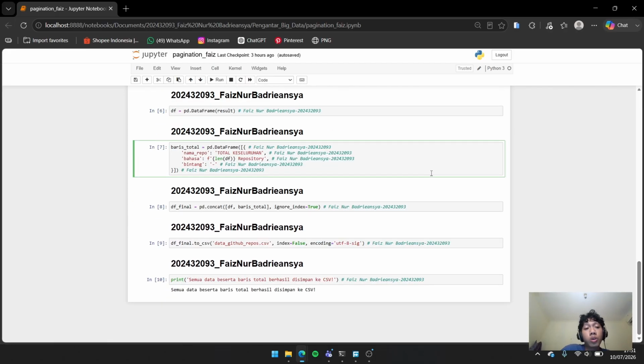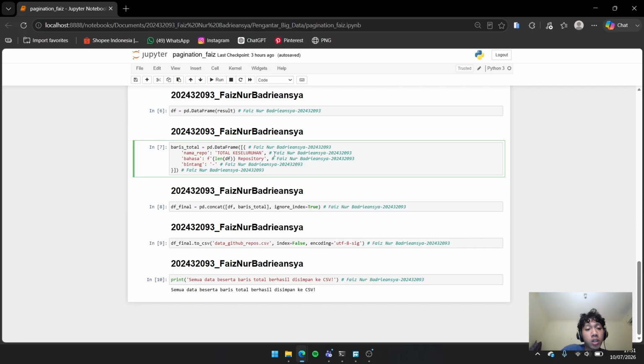And we go to the process of exporting to CSV. First we show the df as a pd DataFrame, and the result is converted into a pandas DataFrame so it can be processed and stored.